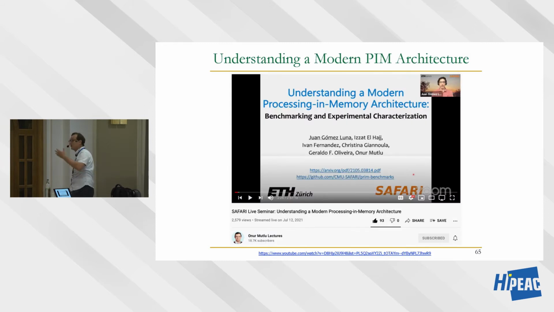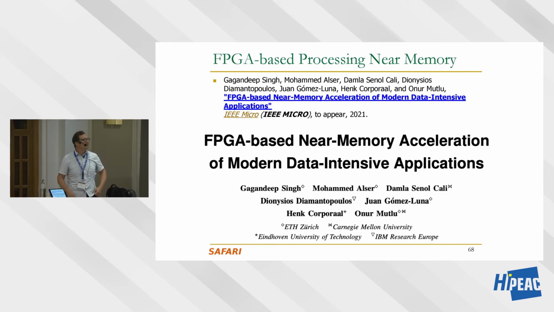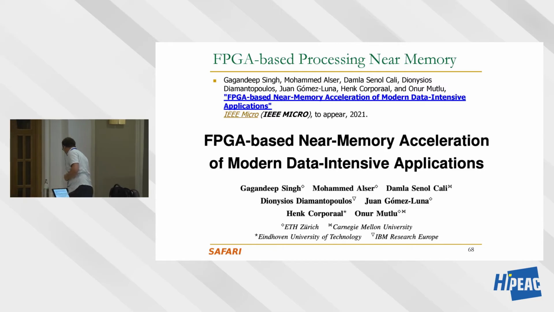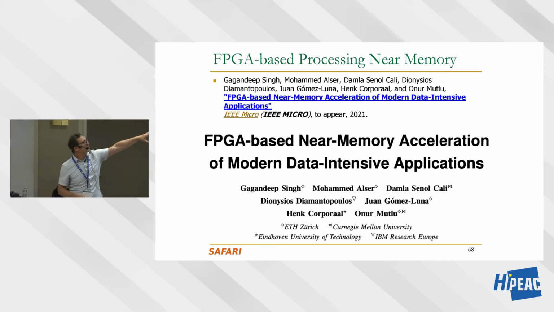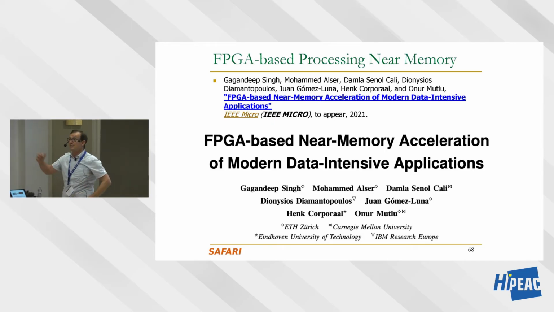This is just to give you an overview of what we're going to talk about. You can actually have FPGAs that can access memory at very high bandwidth, and there's some work in this area. This is some of the work that we've done. You can offload some computation from a general purpose processor to an FPGA board, and you can specialize that computation in the FPGA and have very high bandwidth access to high bandwidth memory. So it's also another example of near memory processing today that didn't exist like 6-7 years ago.